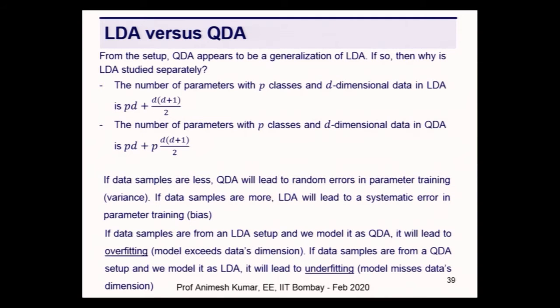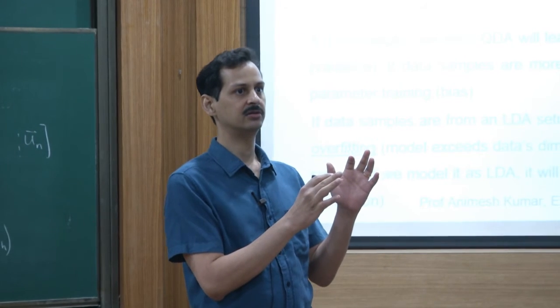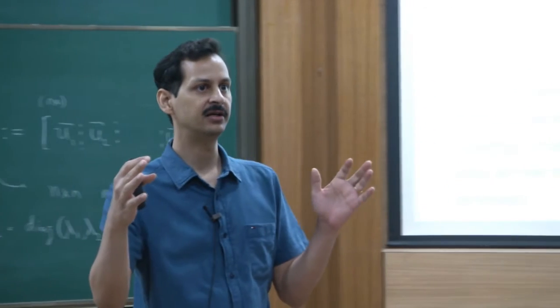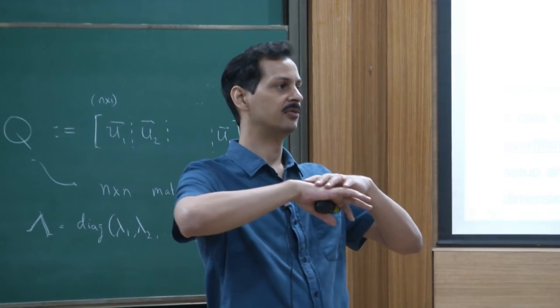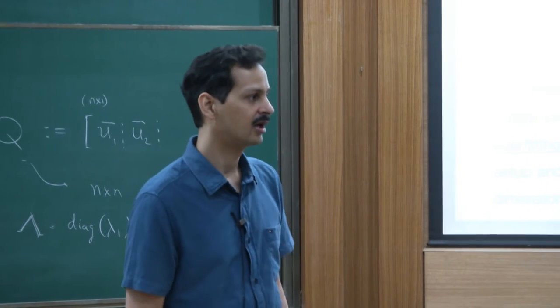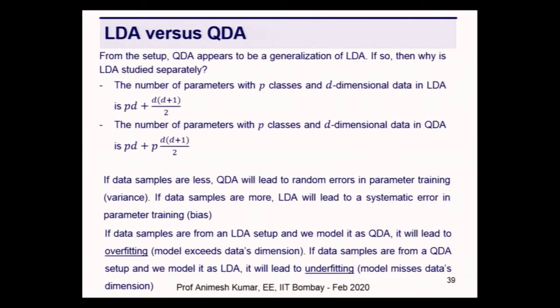So the whole idea is that data has some inherent dimension. If I underfit it, I'll not have a good explanation of the underlying model. And if I overfit it, I will have a more complicated explanation than what the description should have been. Both are undesirable. Underfitting is undesirable because you miss the data's inherent complexity, and overfitting is bad because you are introducing unnecessary variables which require both training and learning,